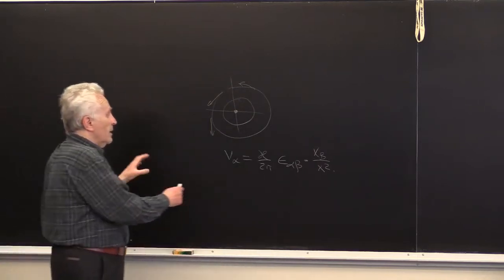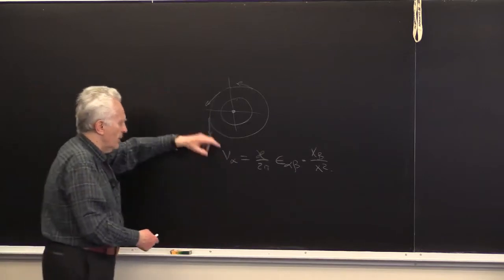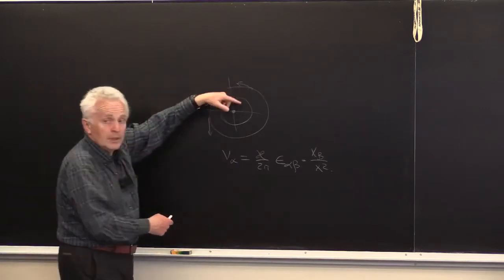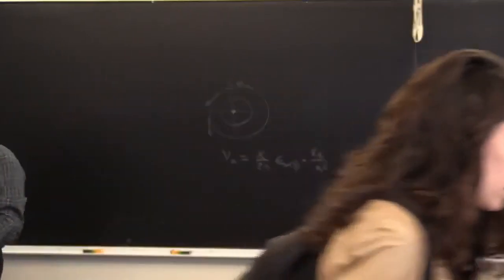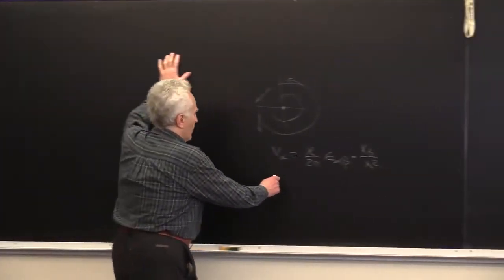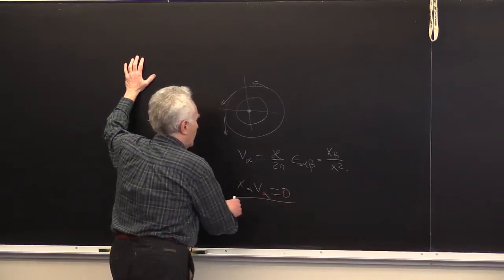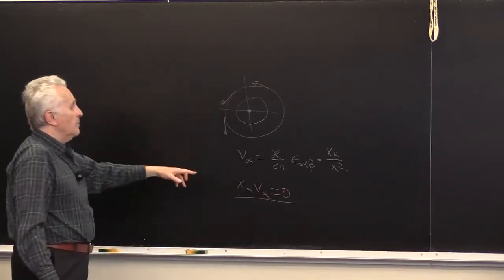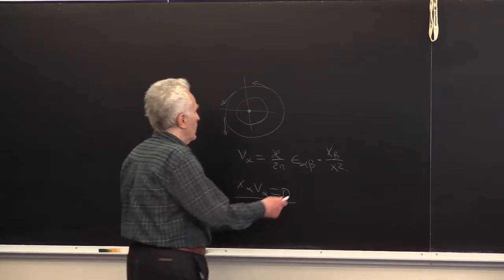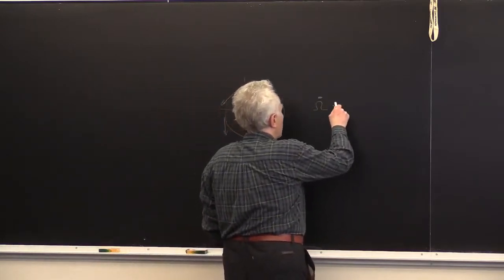Now, clearly, the velocity induced by a single vortex is orthogonal to the radius vector, and because of that we know that vorticity satisfies the equation,